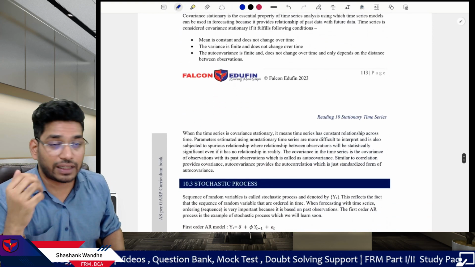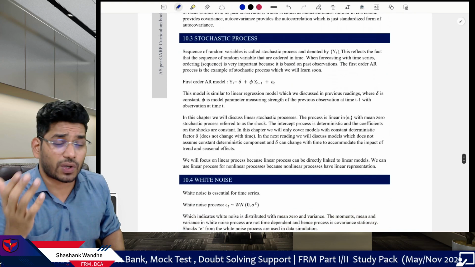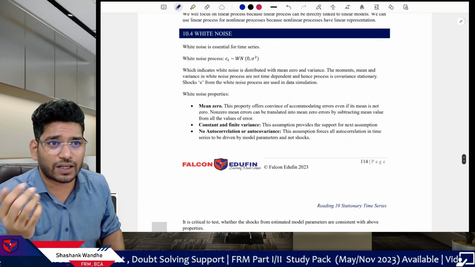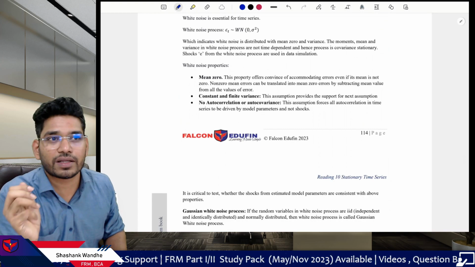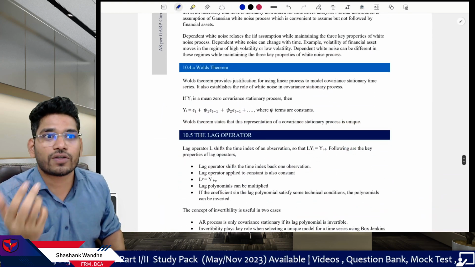Now three points, very important points. Then we have the stochastic process, so understand it. We have some discussions which are difficult to understand, so I separated the discussion, like white noise properties. Now you have to remember these properties. Chances are you will get tested on the white noise properties. If you see bullets,